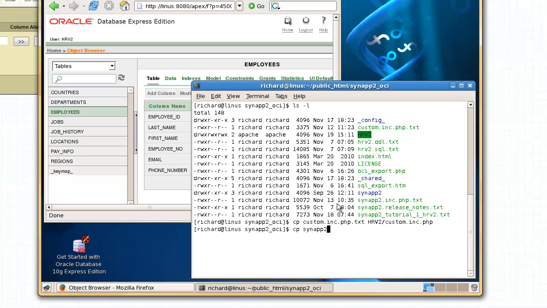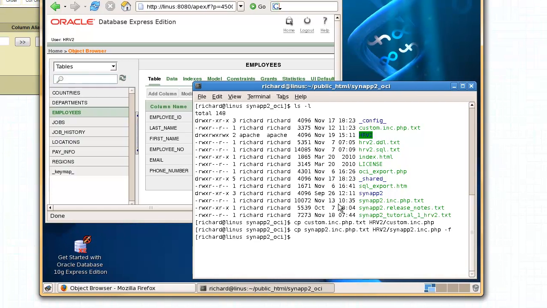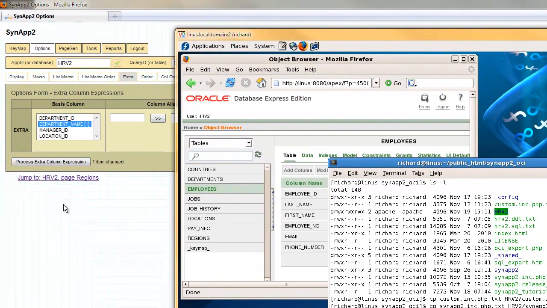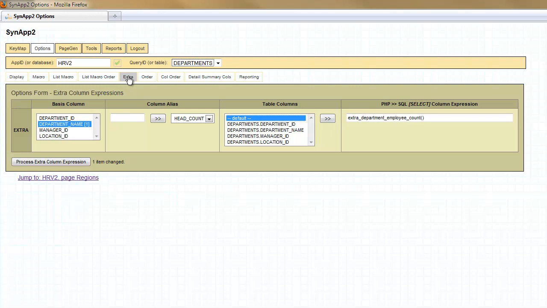So I'm going to copy the SynApp2 customization file again into our HRV2 subdirectory, replacing the existing SynApp2 Inc. file that is there. I'll have to force this to overwrite it. And when I come back and refresh this page,